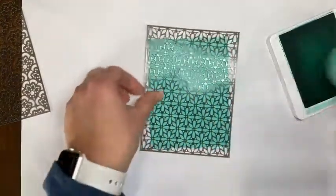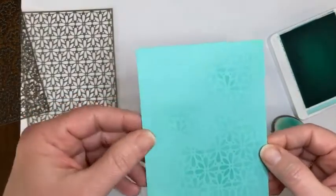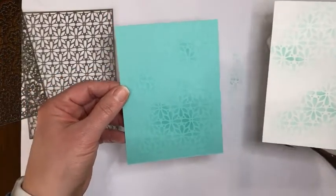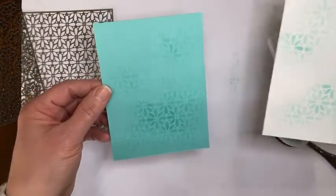Again, you can be, oh, I moved it, so we'll just stop there. You can be as heavy-handed as you want, lighter in some areas, whatever you want to do. Same type of look that I did here with some variation in color. You can definitely spend a little bit more time and have it be a consistent look if you want that